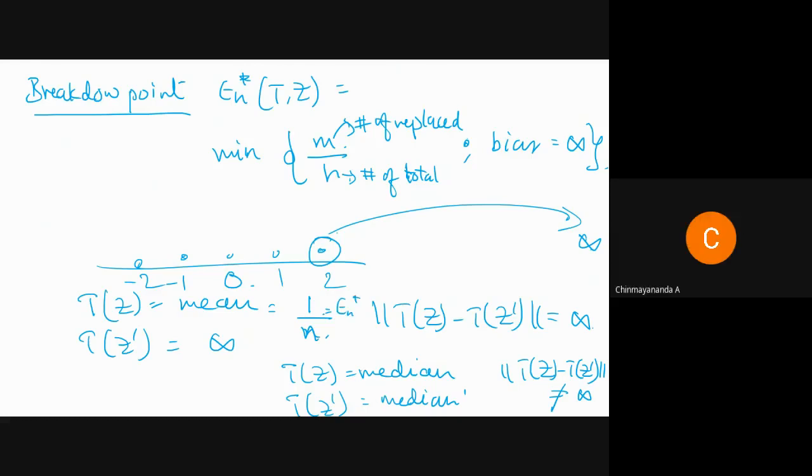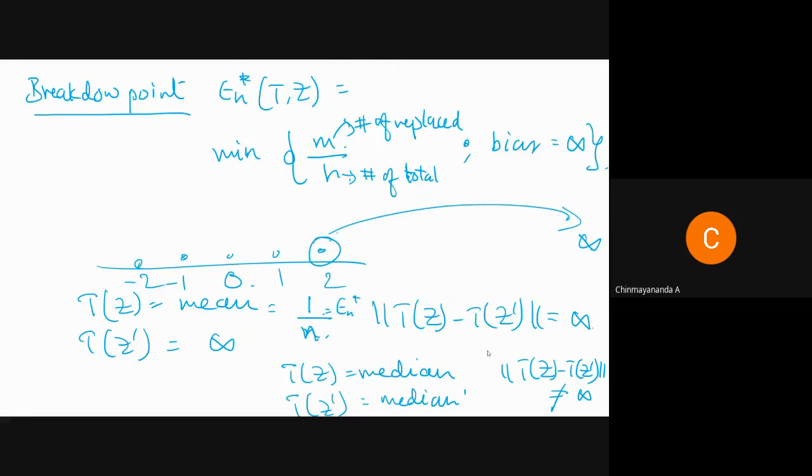Usually, they take n tending to infinity and say that the breakdown point is 0%. That is the asymptotic version that we can state without going to Hampel's definition, because that would be more beating around the bush.